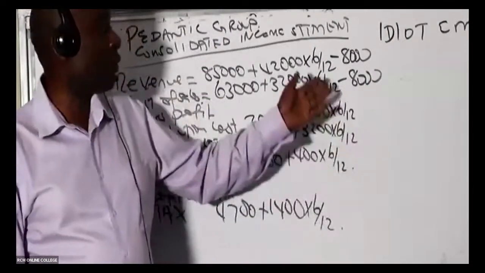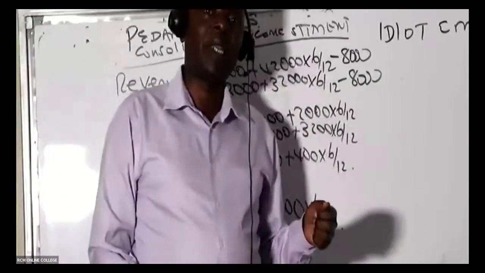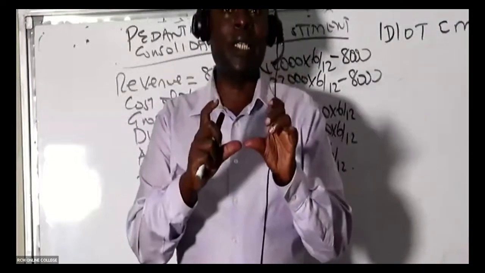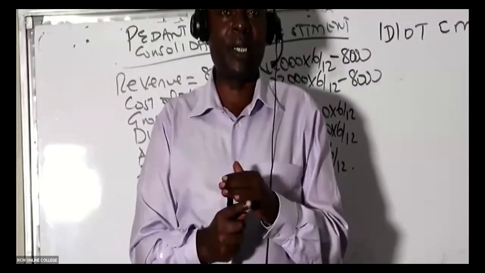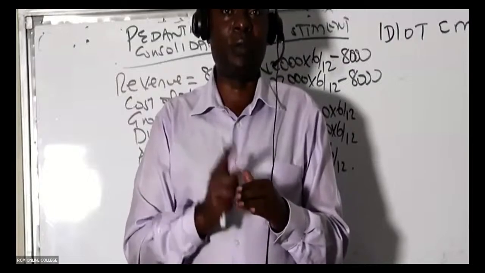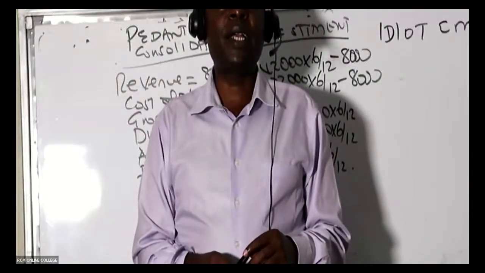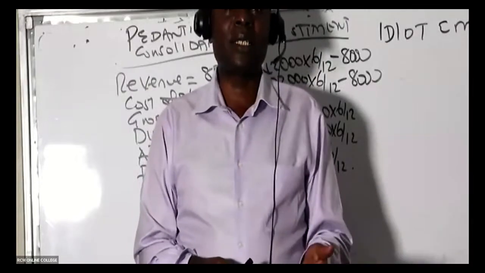First of all, the figures of sales of the associate are not here. Remember, ladies and gentlemen, we are looking at the group. A group is basically a well-knit nuclear family: father, wife, husband, daughter, son. If you make a sale to an associate, that's a sale like to a cousin.